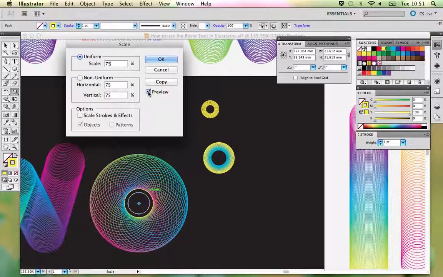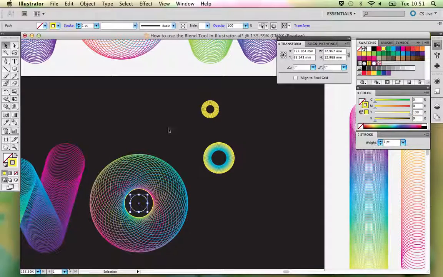Let's just look on preview. Maybe a little bit less, maybe try 60. Yeah, good. So we want to make this the same kind of size as that. Click on OK, and then select both of those. You want to make sure that your inner circle is blue if you're following the same colours as me, or you can try something else. Select the outside circle,